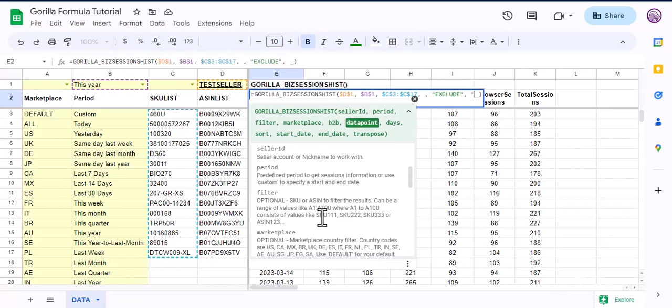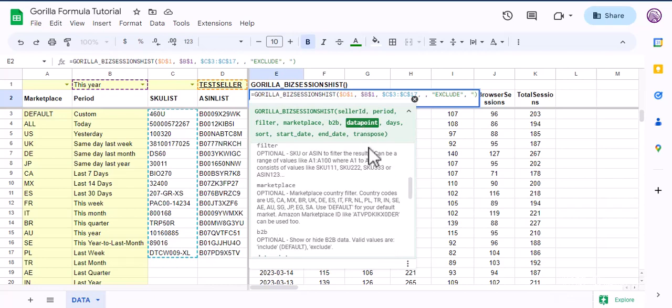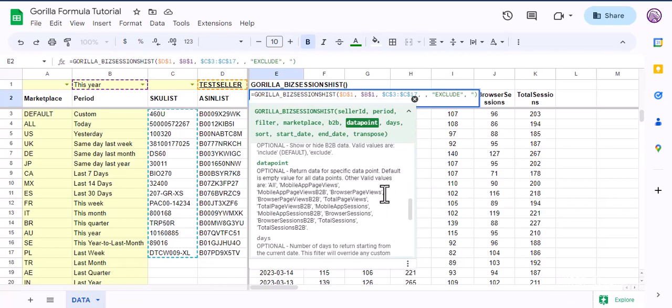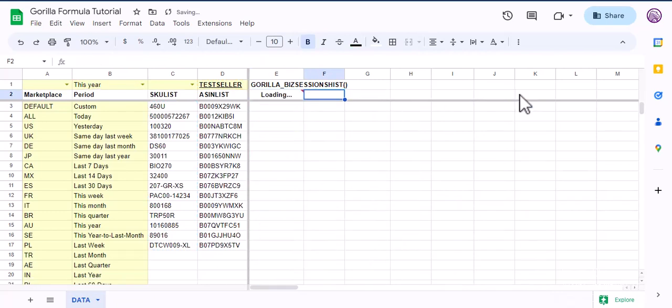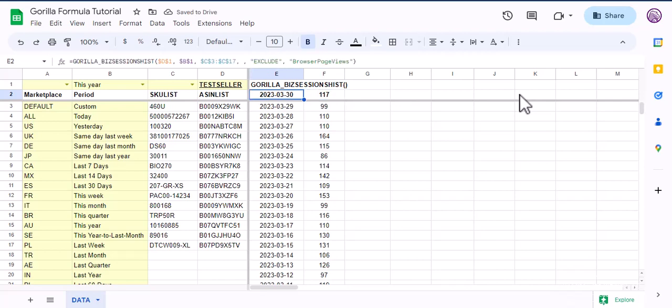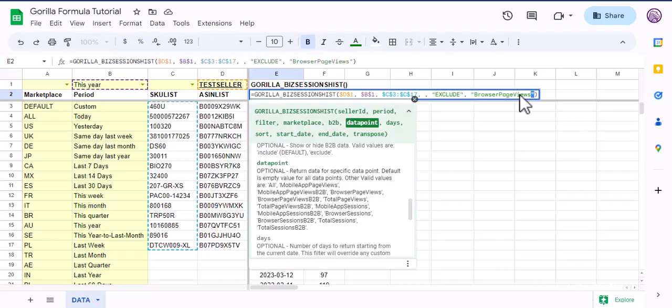Also, please note that if you use any specific data point in the data point parameter, the B2B parameter won't work. So let me show you what I mean. If I select browser page views in the data point parameter, then there will be no difference and I will only be seeing the browser page views data. Let's remove this